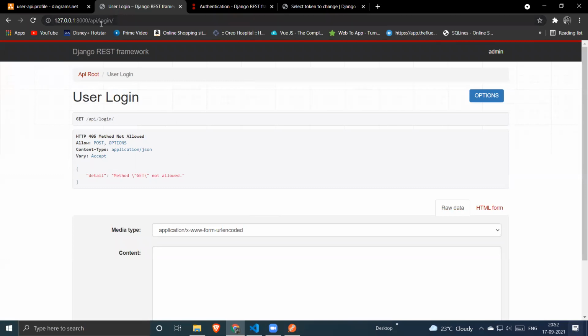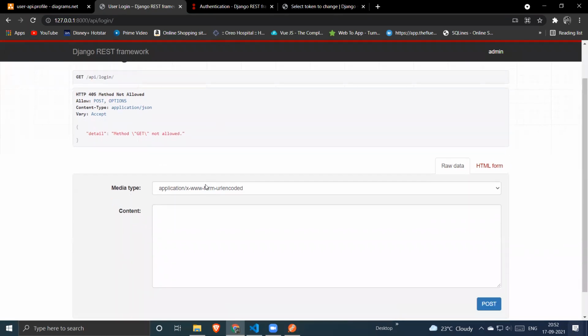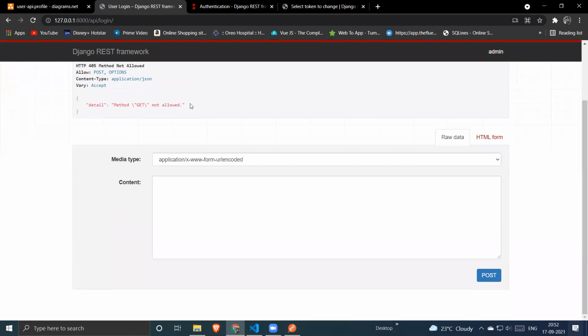So if you see, if I visit the login URL, you will see detail: method get is not allowed. Okay, can anybody tell me why we got this error? Method get is not allowed. Here on the allowed list, only post and options are available.